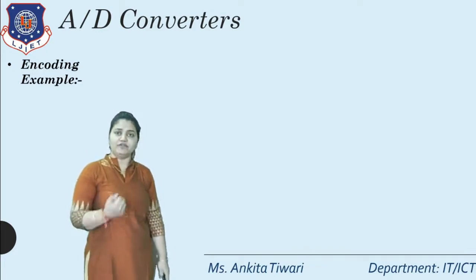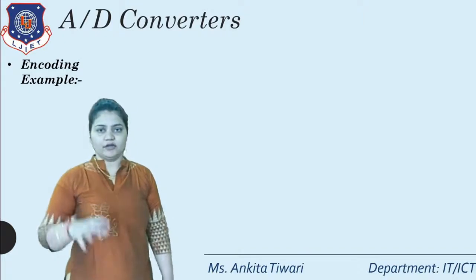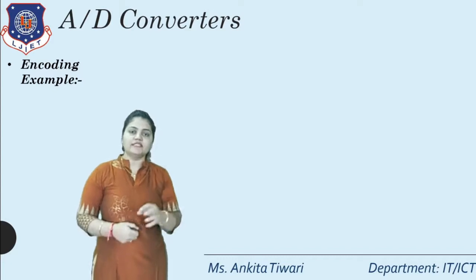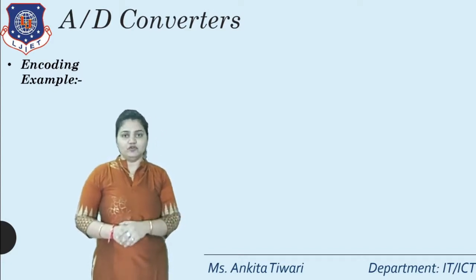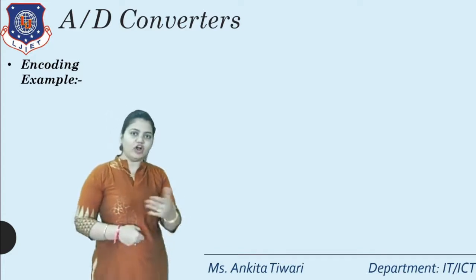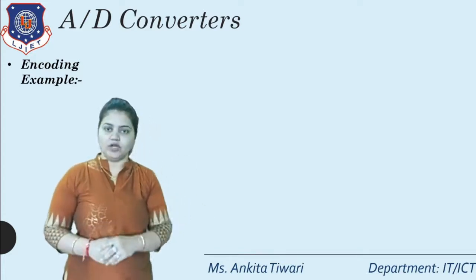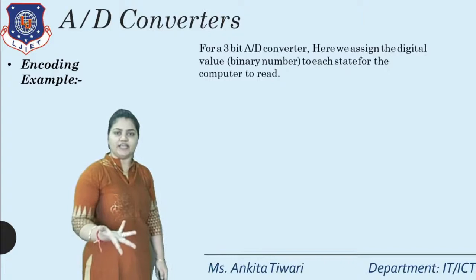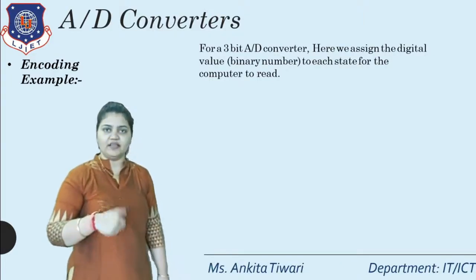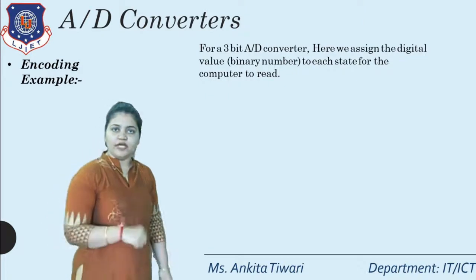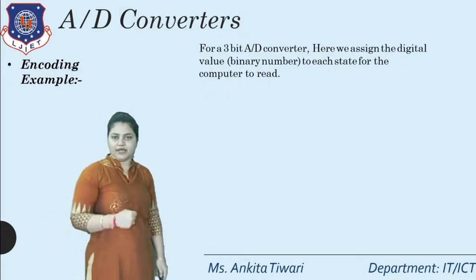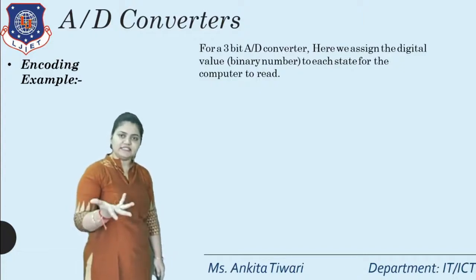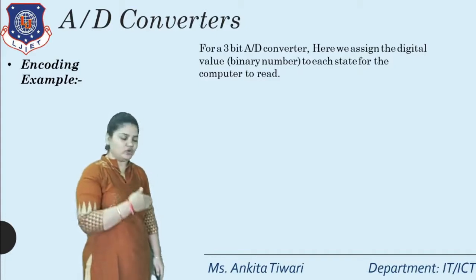Now with respect to quantization, we'll have encoding. Now what do you mean by encoding? In the example itself and in the definition itself, encoding means it is a group of discrete values, but it's a predefined state. We do not have to group them with respect to some formula. So here encoding will have the possible combinations. Suppose we take the same example as we have taken in quantizing, that is a 3-bit A to D converter. Now here, suppose we assign the digital binary number, that is 3-bit. Then if we are assigning a 3-bit value, we get the conversions from 0 to 7.